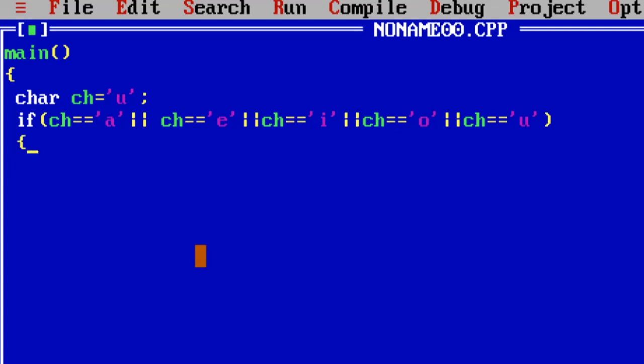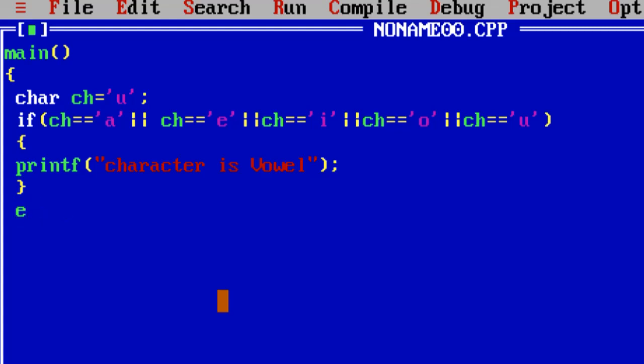Like we say printf, what we want to print: character is vowel, right? We have to close this, else.